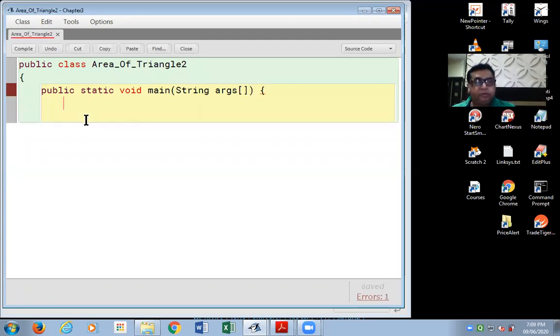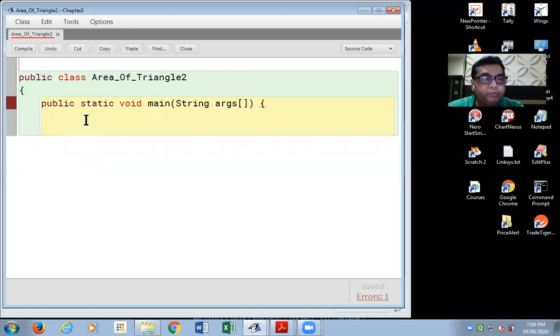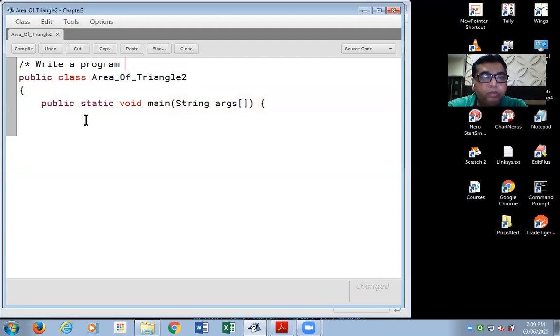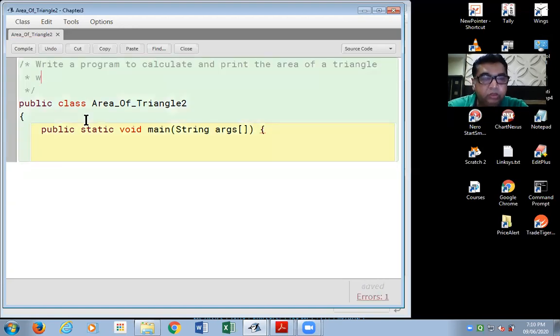In the question, we did not type a comment, so just let me type the comment. Slash star to start with the comment. Write a program to calculate and print the area of a triangle with base 5 and height 10.